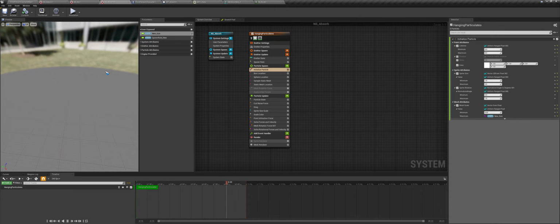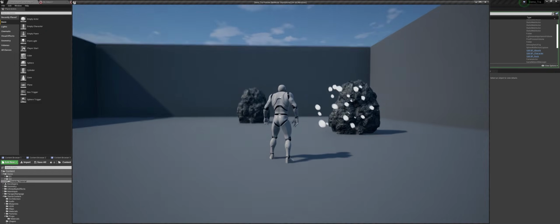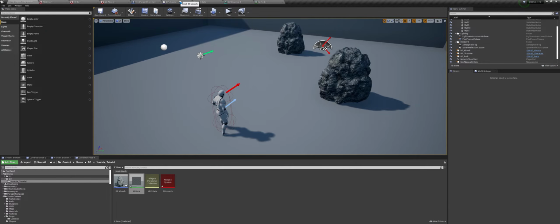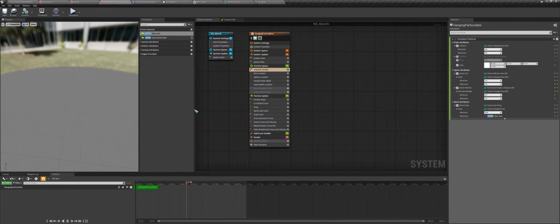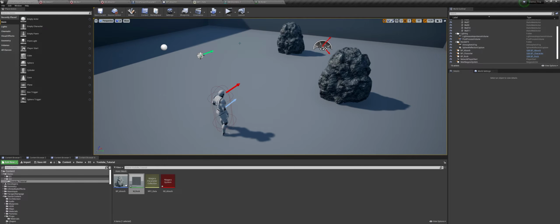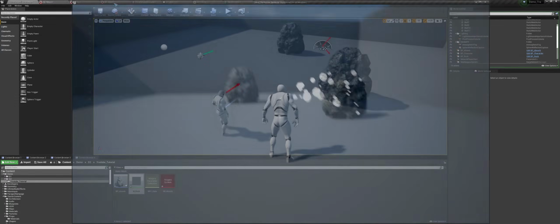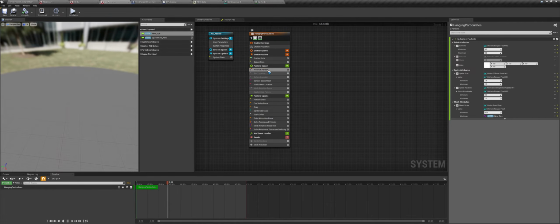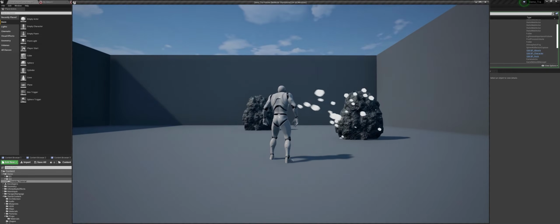And now our mesh will be white if I press play. So in order to prevent that, we can go to the system and here I will just disable the box location and sphere location also. So it shouldn't really affect anything. So now we can go to the initialize particle and we can untick this. And if I press play, it will be still white.